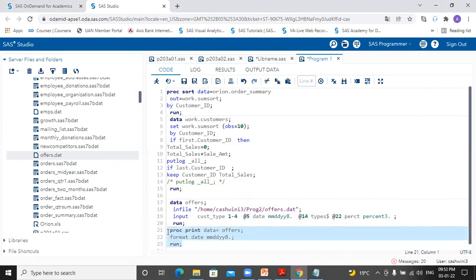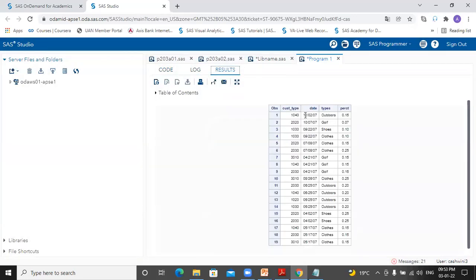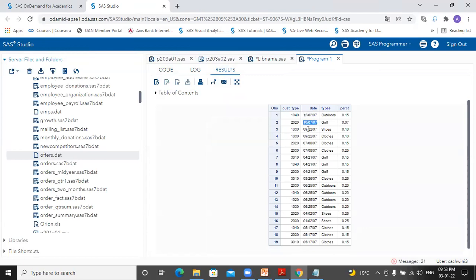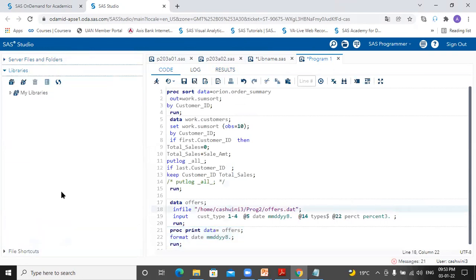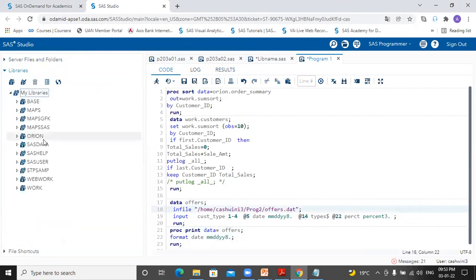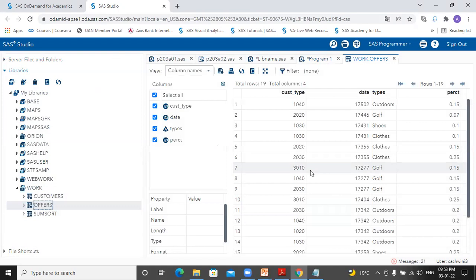Now when I check the output, my dates are in the same format. Originally, my data is a SAS date, in the form of number of days. SAS has read it using the informat as MMDDYY and saved it as a SAS date in number of days.